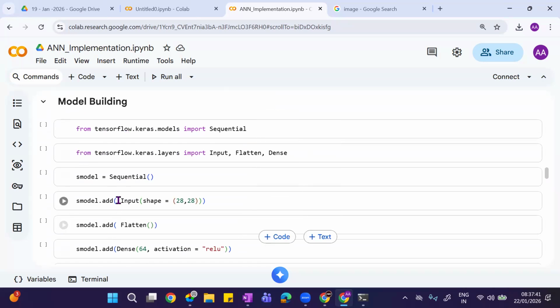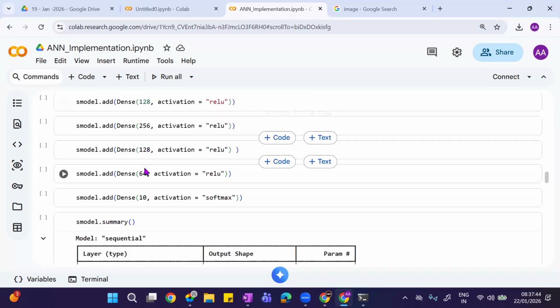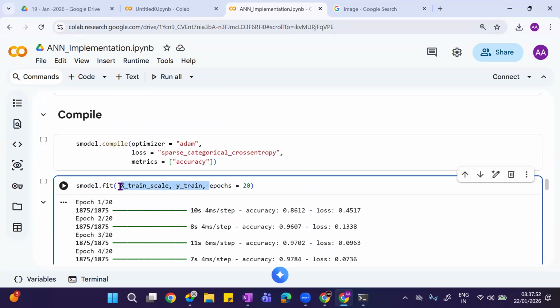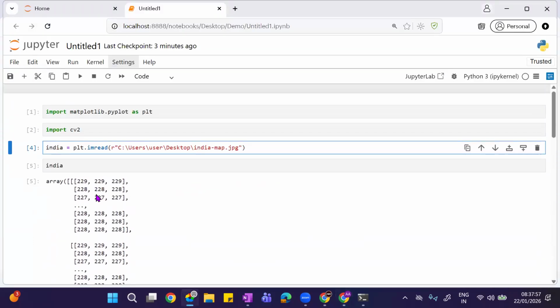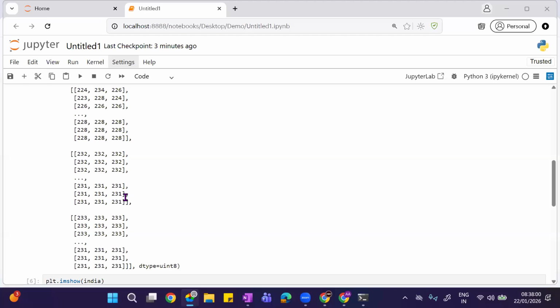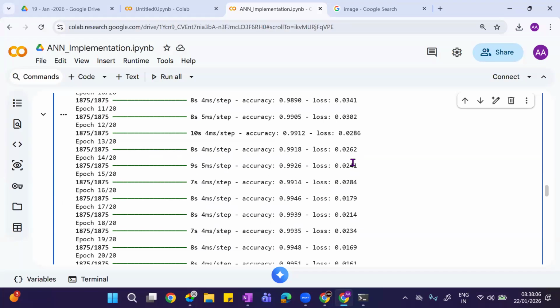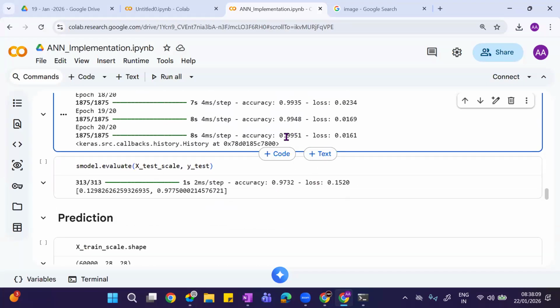I build a model. Now, this is hardly like 6 to 7 lines. And then once I build the model, I give this data to the model. How does this data look like? This is the way. 60,000 images I'm giving to the model. Now I'm getting the learning, how it is learning over here. It learned 99.51%, perfect. And we have tested its learning. We got 97% accuracy score.